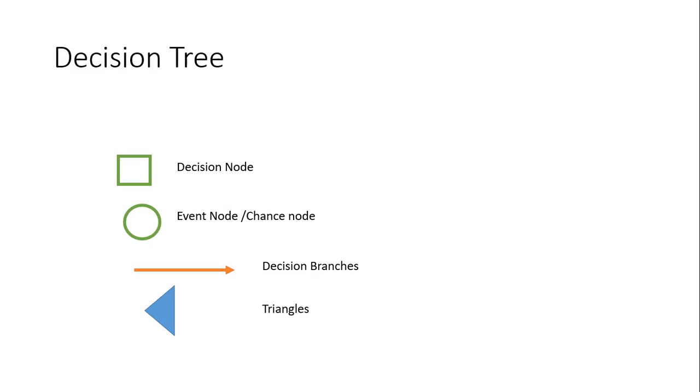And last is the terminal point, that is a triangle. Triangle will show you the outcome of the uncertain scenario. So with this diagram, by using these different symbols, we can focus and it will be very clear to take an investment decision. Okay, it is a graphical visual form and it will eliminate the unprofitable branches. You will come to know where we are getting a loss.